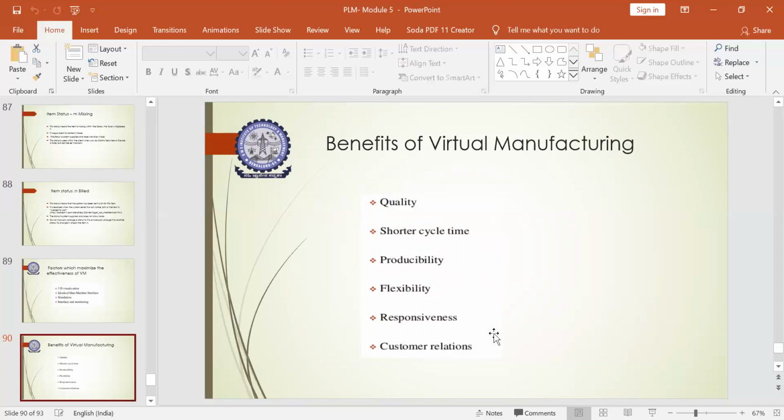Customer relations also improve, because even the customers can see the product virtually when it has been manufactured and simulated. They can identify if any lacuna is there in manufacturing, and they can even provide more suggestions as per their desires. In this way it also improves the customer relationship. So these are the benefits on the whole related to virtual manufacturing of a product.